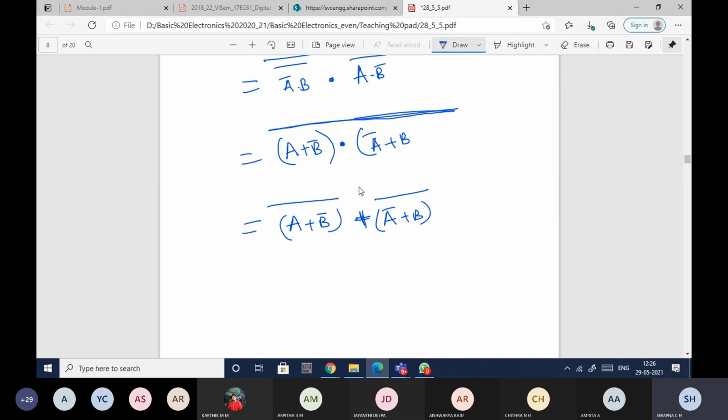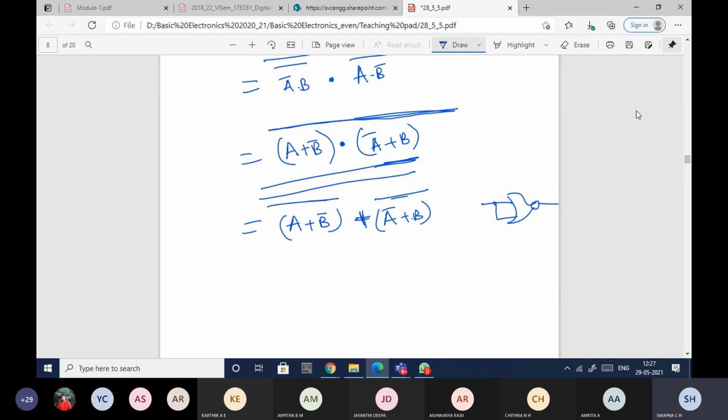What I need to do here? Whole bar. Double bar I should take. I should not take single bar. Again observe, (a plus b bar) whole bar can be implemented, (a bar plus b) whole bar can be implemented, then this term plus this term whole bar can be implemented. Again I need one more bar so that I can use one NOT gate. Instead of a NOT gate, both the inputs of the NOR gate should be given the same input.